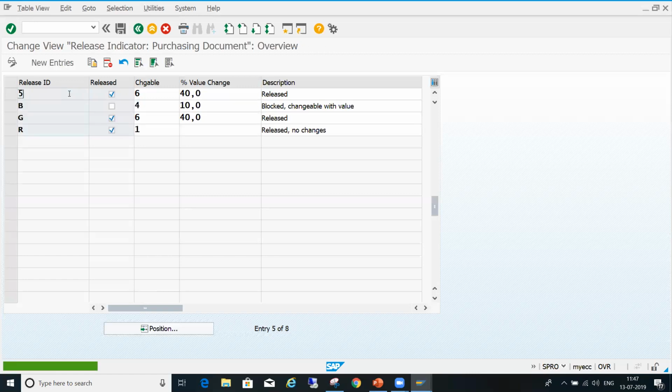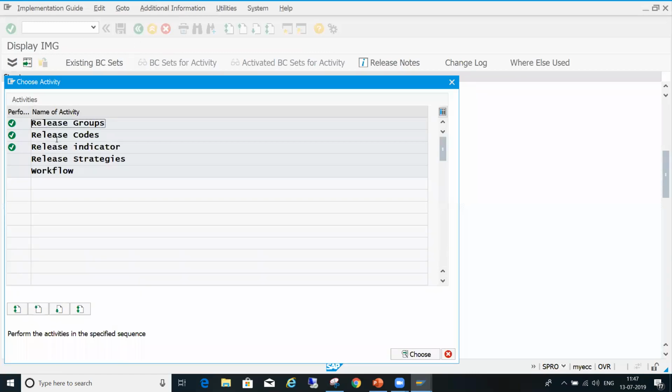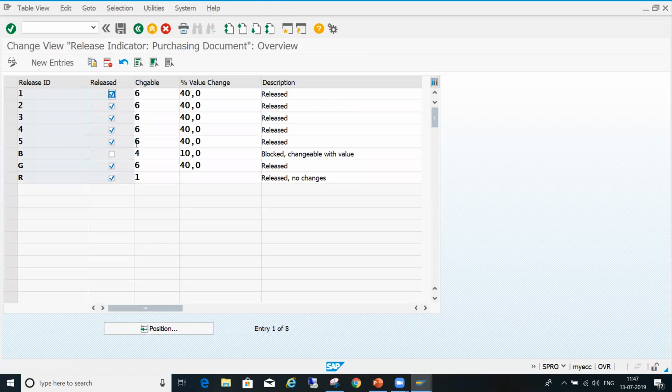You can create it, or you need not create it. But if you create like this, I will tell you what the effect is. That's what I want to show you.